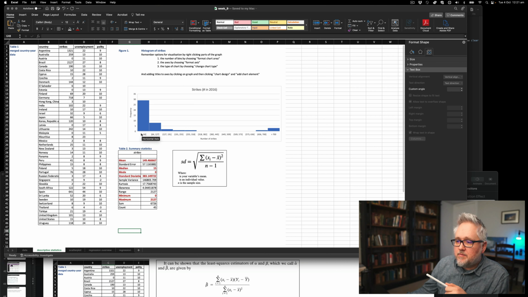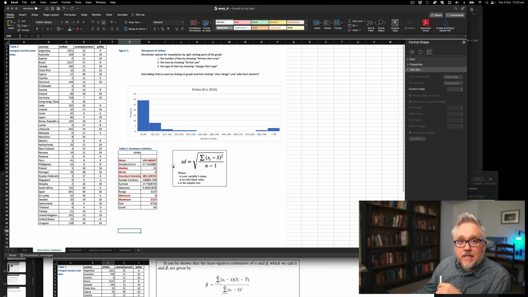So you see the vast majority of countries have very few strikes. There's a few countries that have an incredibly high number of strikes. If you look at the numbers of strikes here, you see Brazil would be the outlier with the highest number of strikes, 2,227 in our sample. You have a couple of others like Germany that has a large number of strikes, but then you have other countries like Estonia that have no strikes. So this gives a bit of a visual description of the nature of the data.